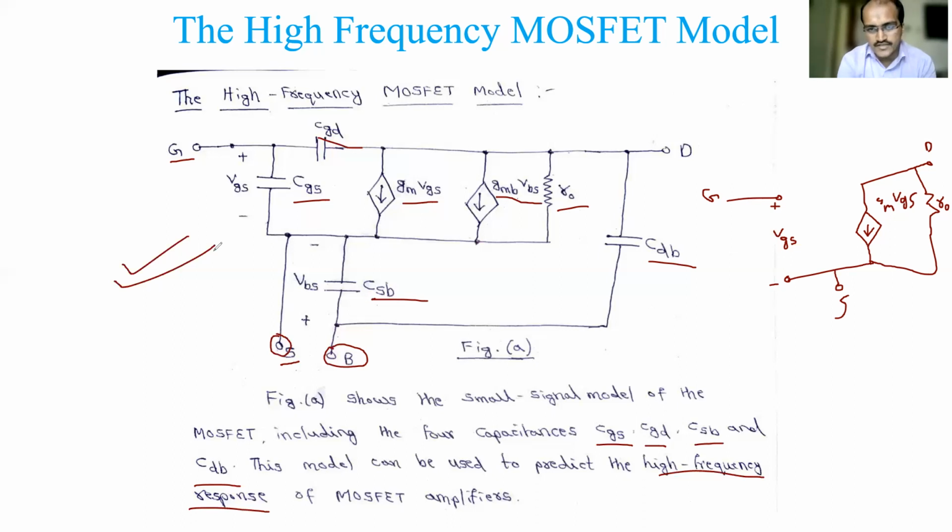So now what we do in the next steps is we try to reduce this. This model looks very difficult to analyze, right? Because the fourth terminal is also considered in the MOSFET, it is difficult to analyze. So what we'll do is, whichever is not affecting the value much, we'll remove that and try to bring a compressed model. I hope this model is clear to you.